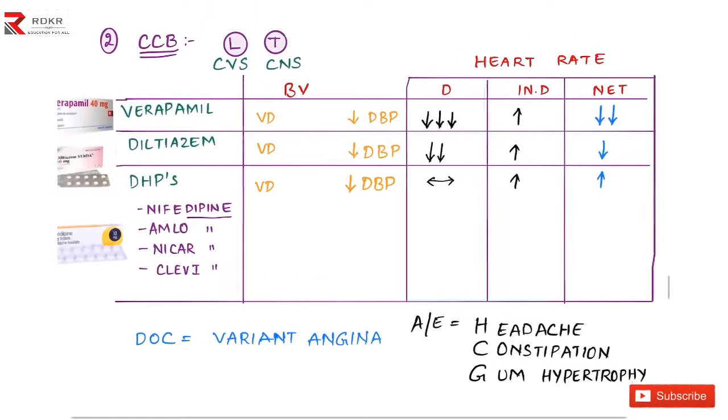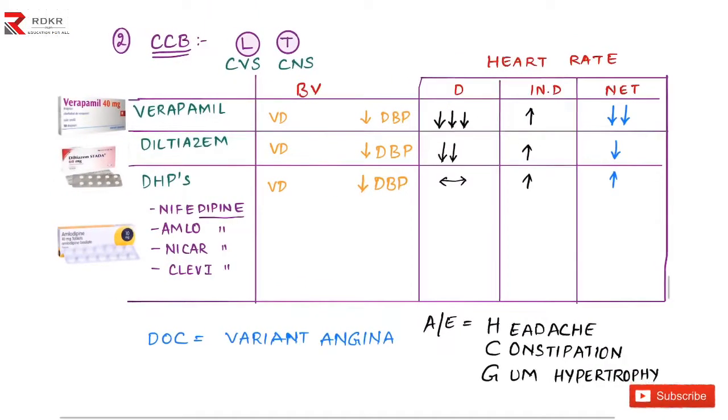And coming to the calcium channel blockers. So the first one was nitrates. In the nitrates, we have discussed very clearly the mode of action and the type of drugs we use, everything. And now the second one, by which we can decrease the work on the heart, is the calcium channel blockers. They are mainly of two types, the L type and the T type. L type is present in the cardiovascular system. How do you remember that? L for love. So you love with your heart. Okay, so L type of calcium channels are present in the CVS, and T type is present in the CNS.